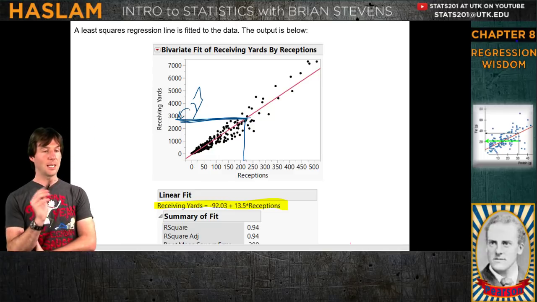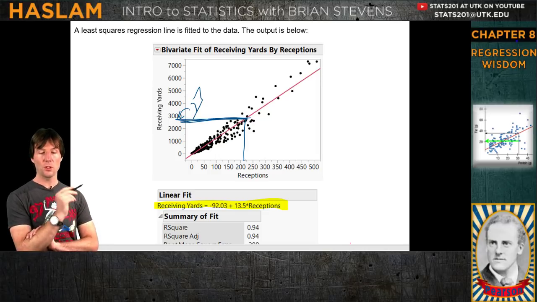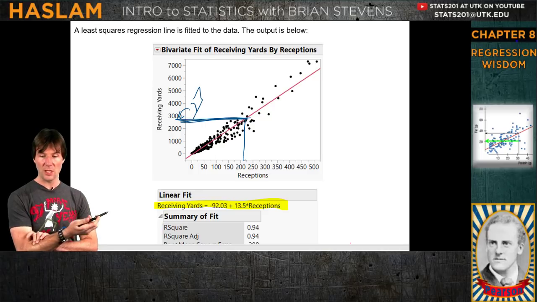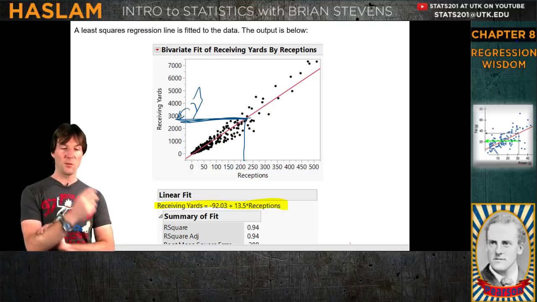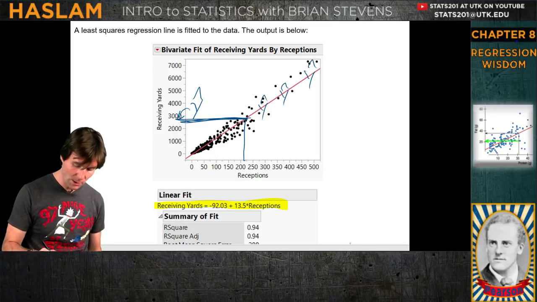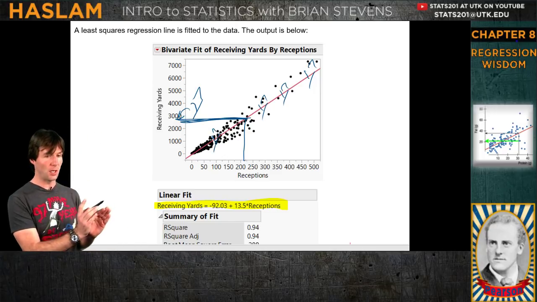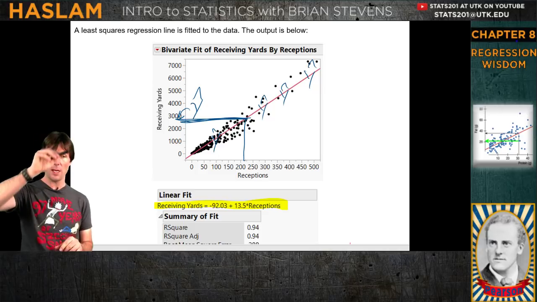The first time I did it, I did it incorrectly, but hopefully I would look at the model and say if they have 215 receptions, well then I should be predicting somewhere in the 2000s. So when my predicted value of y comes from this, everything on this line is a y hat. Everything on this line is a y hat. So just understanding that that line is the prediction line, and you can trace up to it.